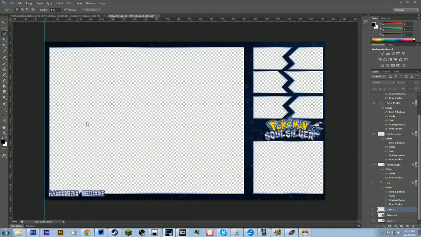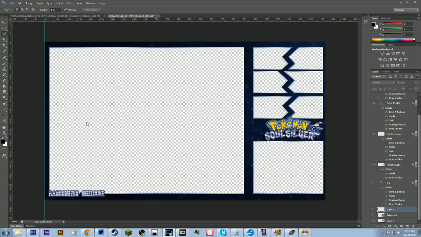And finally, I have gotten many requests to go over how I make my layouts. This is my Soul Silver randomizer Nuzlocke layout. We're not going to get into full detail. We'll just go over the basics on how to get started. So I'll probably break this down into about 3 or 4 episodes, like a mini-series, just to learn the basics and then put a little bit of detail, just to get you guys familiar with how to make a nice looking